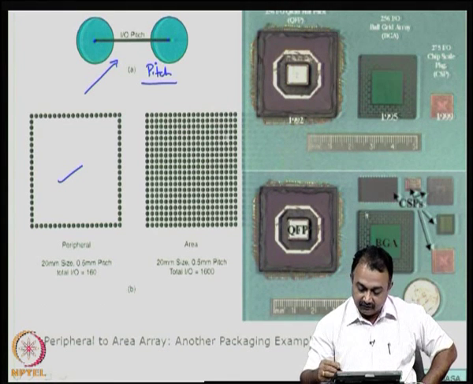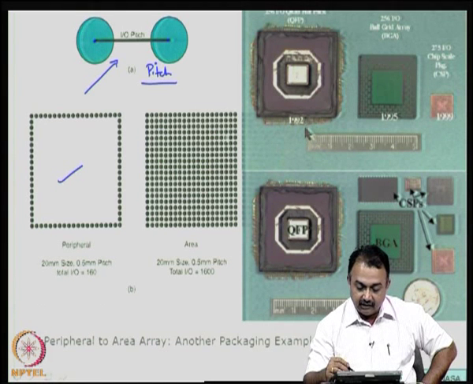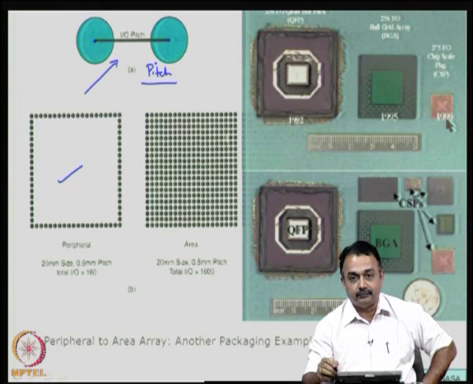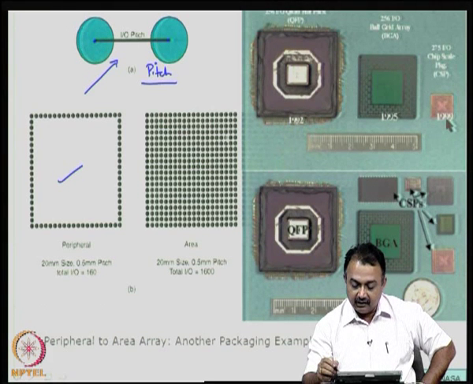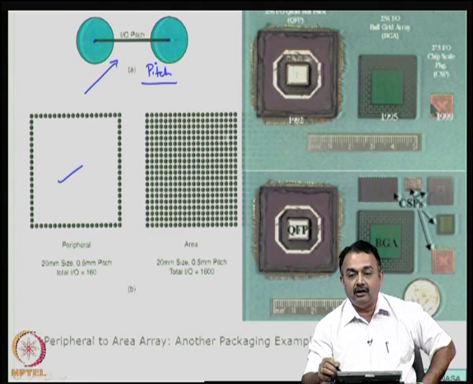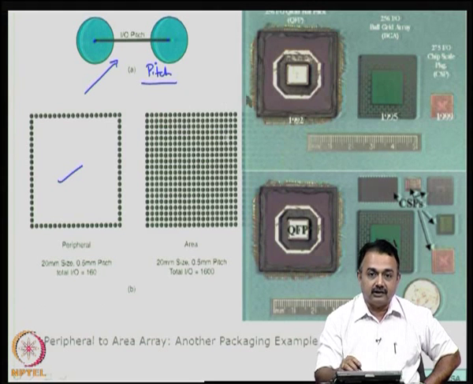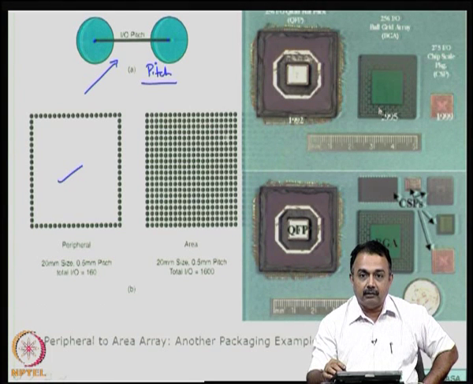This picture is courtesy of NASA, and for example, in 1992 a 256 pin quad flat pack, you can see the size, and then the same 256 IO can be generated in a ball grid array in 1995. See the size difference, shrinkage and chip size 275 IO. So, you can see a dramatic decrease in the size of the package itself, and also you can expect that the pitches in CSP will be much smaller compared to a BGA and then compared to a QFP.